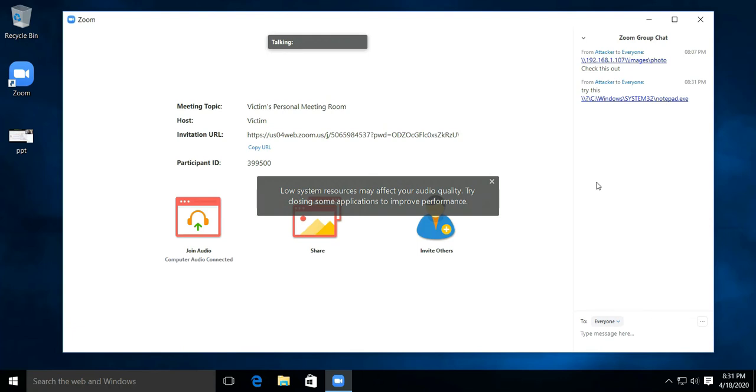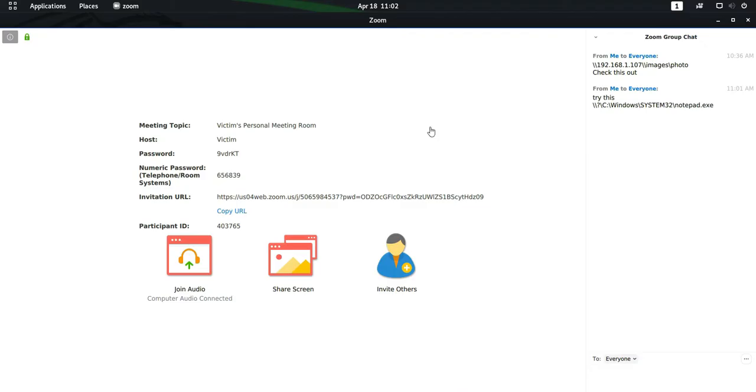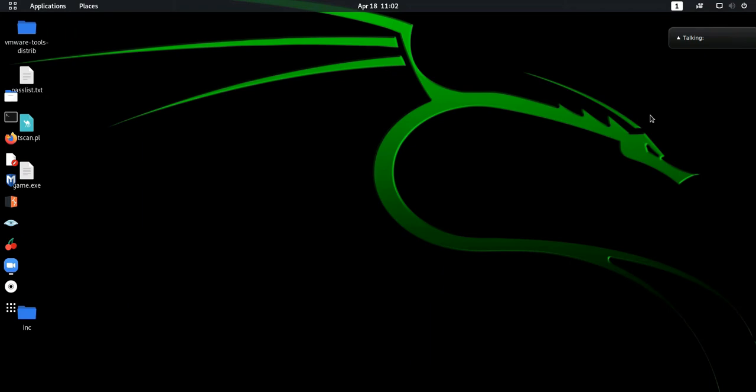Now let me show you something. Now imagine this. The attacker creates a remote malware and sends it to the victim through a link. Say the victim downloads it, but he doesn't open it. The attacker can use this feature to make the victim open it and run it.